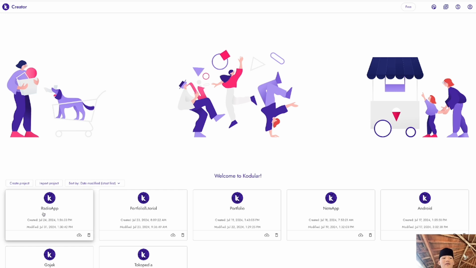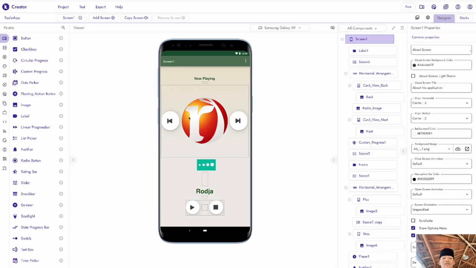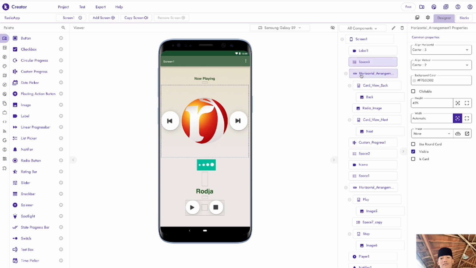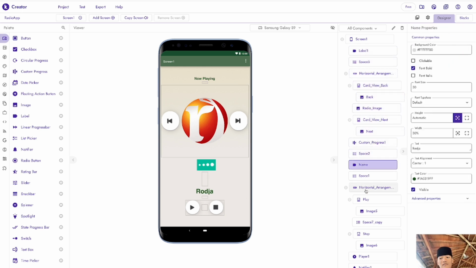Before that, I'm going to show you the preview of the things. Here we're going to make some radio apps, as you can see, they look like this. For all of this, we're going to use screen one, label, space, horizontal arrangement, card view, and an image.